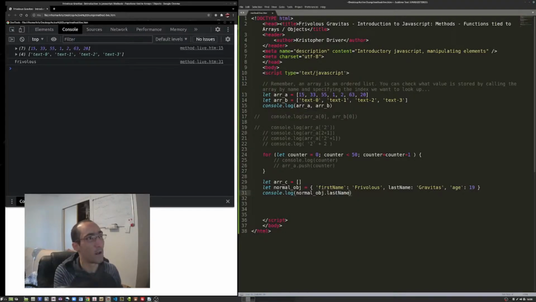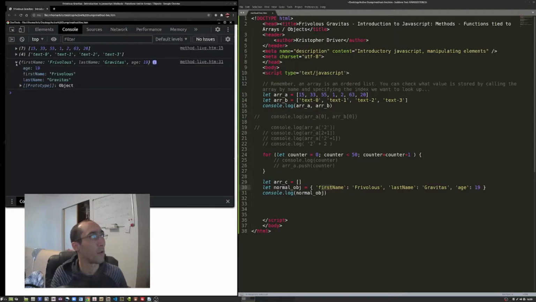Last name, Gravitas. So I'm going to wrap them in quotes just for consistency's sake, but just so you know, you don't have to. And again, if we console log just the object without the property or the key listed specifically, it's just going to give us the whole object, and then we're going to be able to break it apart like we did before. Note though, these are technically unordered, so sometimes they might come out in alphabetical order or something, but